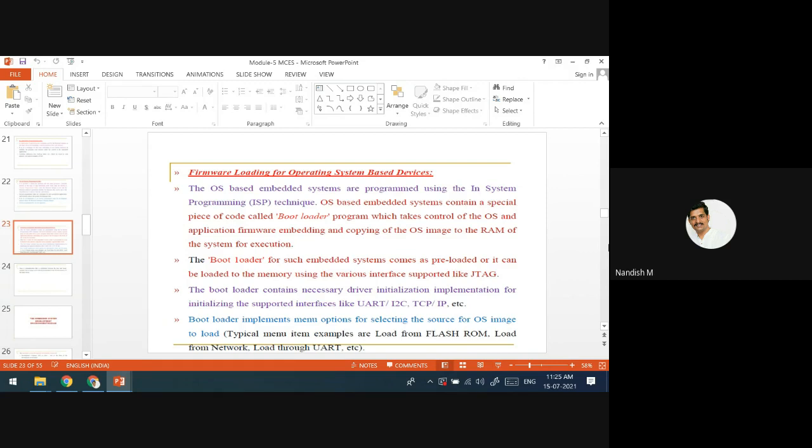The simple programs we use will work infinite times. The operating system control may not be required in those applications. But here the firmware is loaded for operating system based devices. What is firmware loading for OS based devices? The embedded system has one operating system.